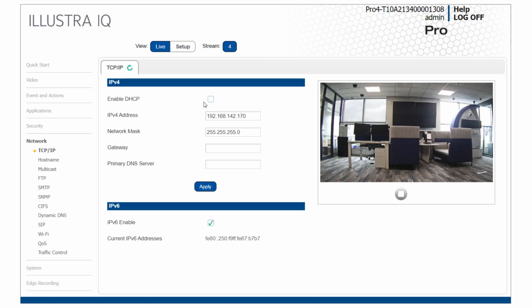By default, all Illustra cameras are set to DHCP, which can be disabled if a static IP address is preferred for the camera. If you do change the IP address of a camera, this will require a reboot to apply the new IP. We also have IP version 6 at the bottom, which can be disabled by using the checkbox